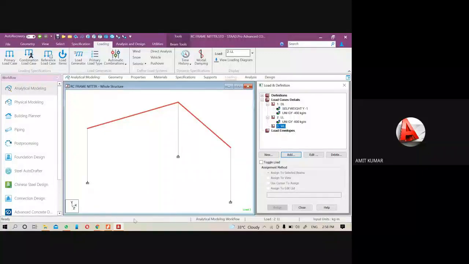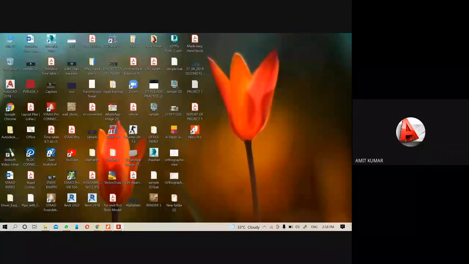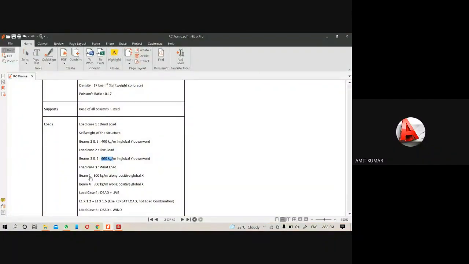So here in the wind load, on the beam 1, it is 300 kg per meter along the positive x direction, and along the beam 4 it is 500 kg per meter along the positive global x direction.